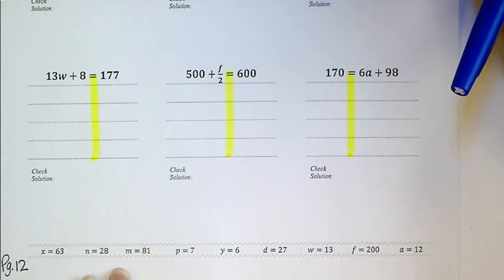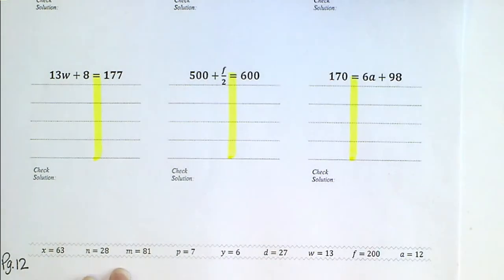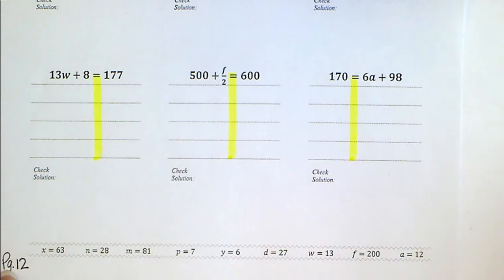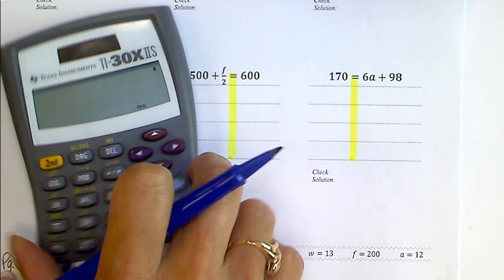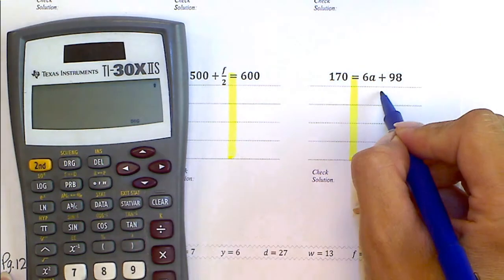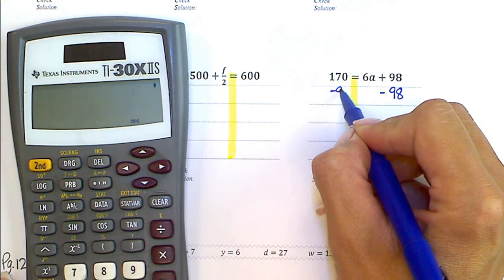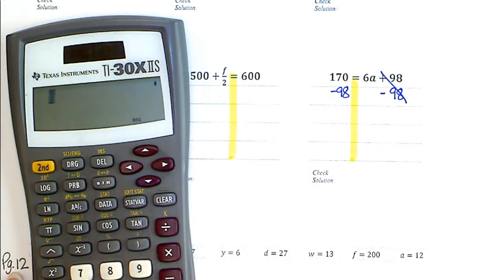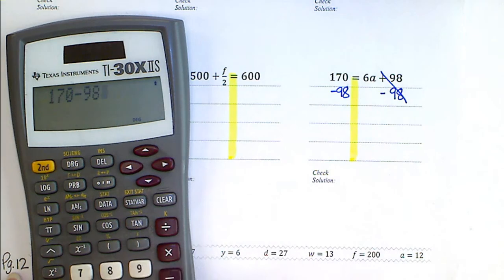And last, I am just going to do one more, and then I want you to finish the last 2. So I'm going to go ahead and do the last one here. And feel free to use your calculator if the numbers are getting too big for you, or if you just want to speed it up a little bit. So the opposite of adding 98 is to subtract it. So 170 minus 98, and I get